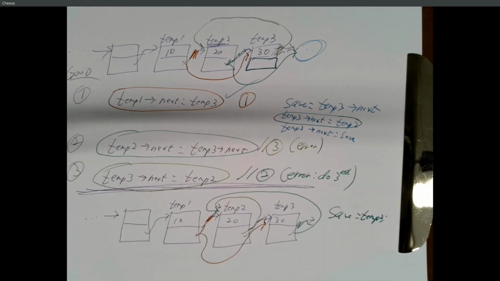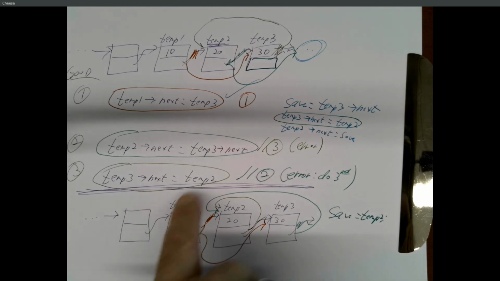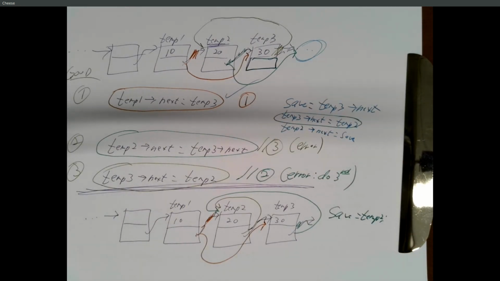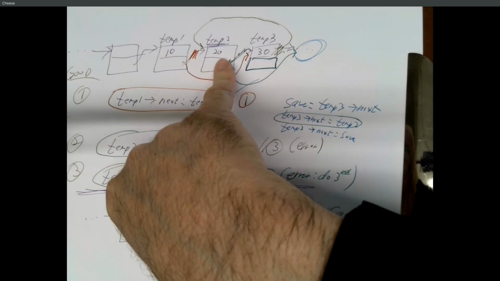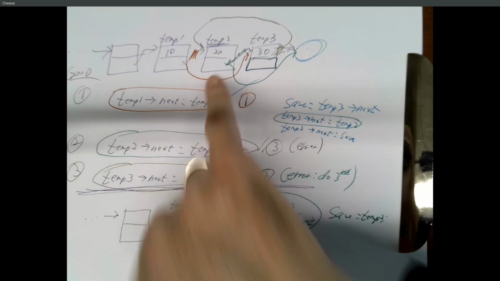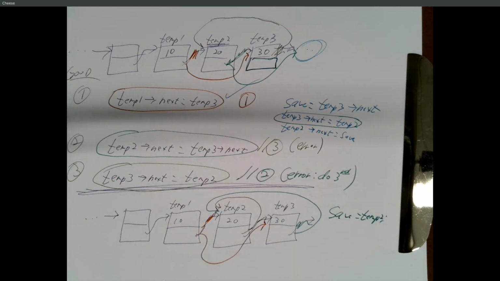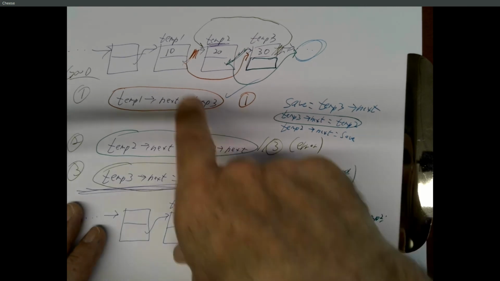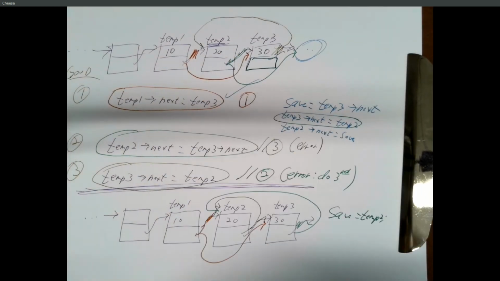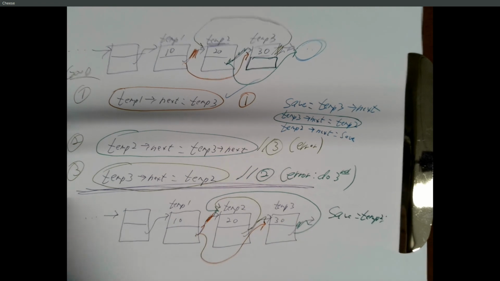Eventually, you stop thinking about memory. You just work with this intuitively. Oh, this is just temp 3's next field. It's equal to temp 2. But while you're continuing to refine that intuition, little things like this can pop up. That's okay. You can always come back to actually thinking about the memory itself through pictures or through the debugger. But then eventually, in whatever way each of our brains codes it, temp 1 just means this node, temp 1 next is this, but we know how to use it without doing things like that.